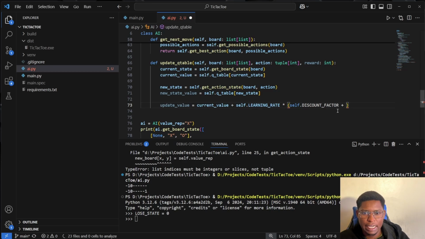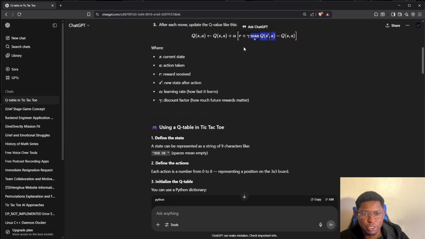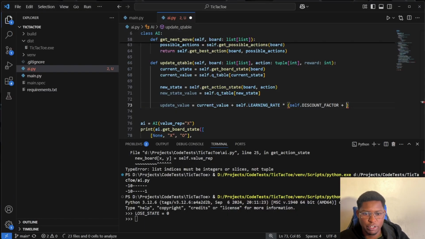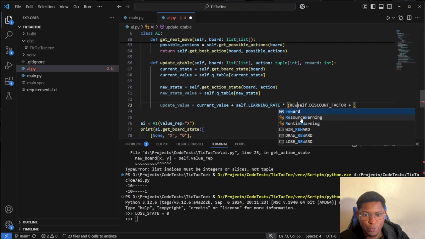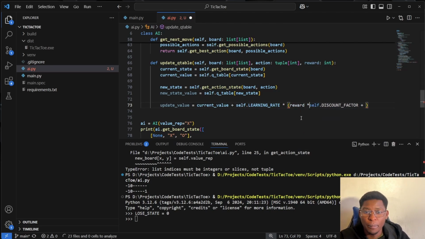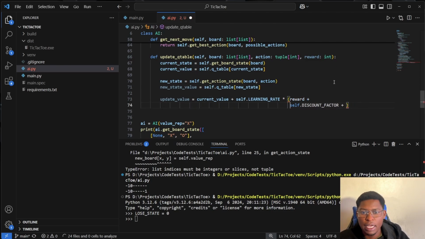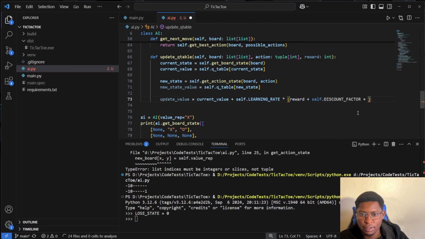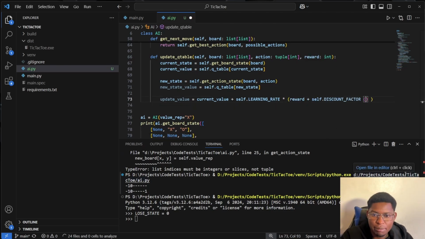So basically, let me just see that one more time. So R is supposed to be the reward received. Okay, that's where I'm getting my confusion. So we have a reward plus our discount factor times,